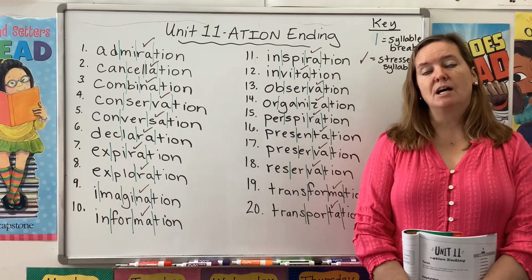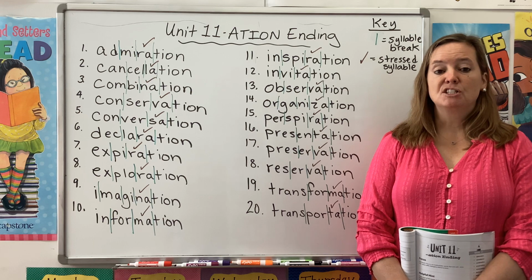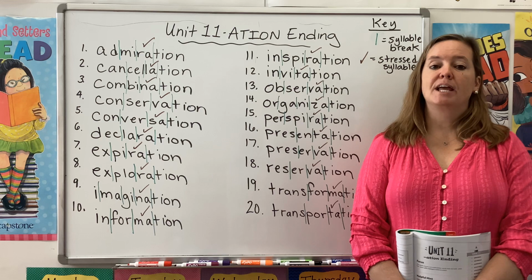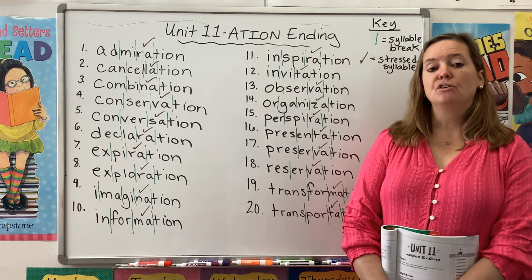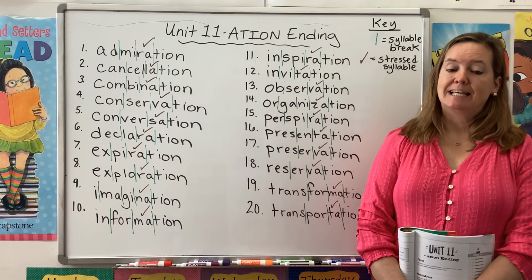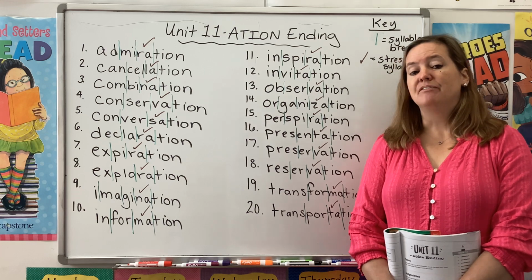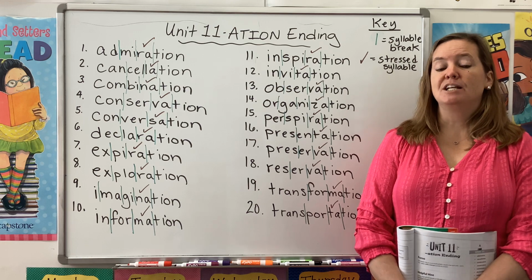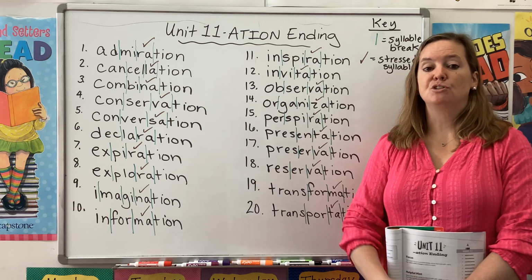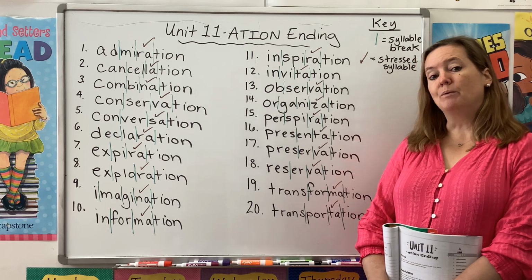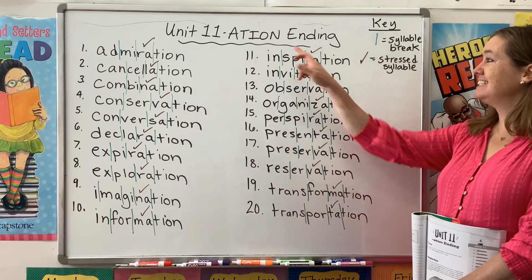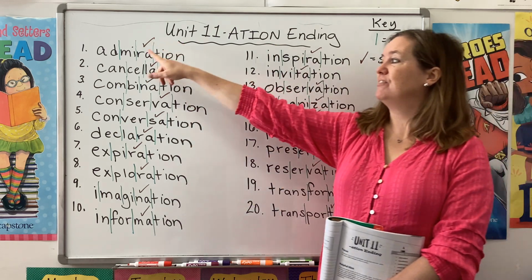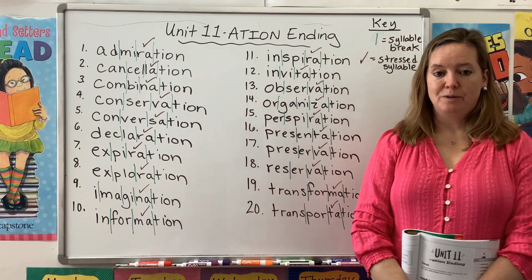We also used, a couple weeks ago, the derivational suffix IVE, and we found out that that suffix can change a verb to an adjective. So for instance, if you like to create things, you are creative. If you assert yourself and you speak up, you are assertive. So we are changing each of those words from a verb to an adjective. This week we have a new derivational suffix. This ATION ending is going to take a verb and change it to a noun.